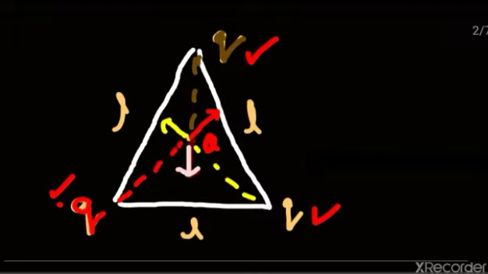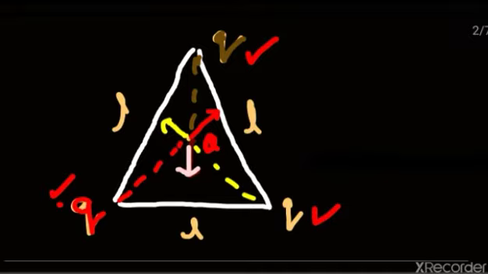Now we have to find the net force. If we carefully see, all three vertex charges are equidistant from the centroid. We know this is the property of an equilateral triangle, that all three vertices are equidistant from the centroid. Since all three charges are of the same magnitude and at the same distance from the centroid, the magnitude of the force due to these three charges on capital Q will be the same.